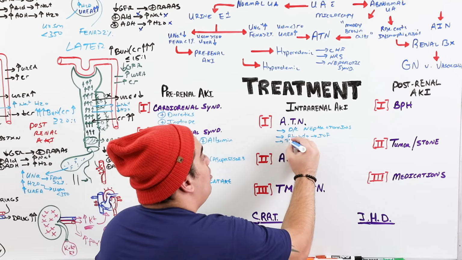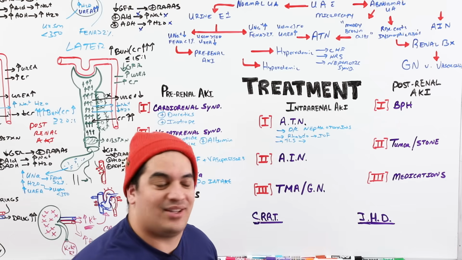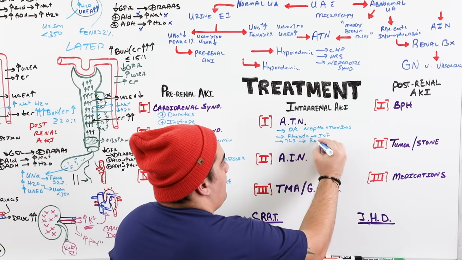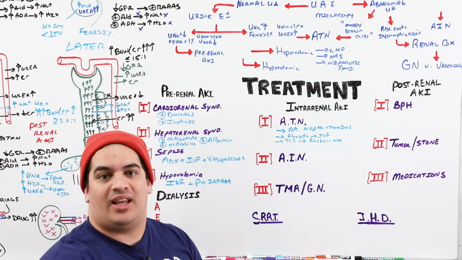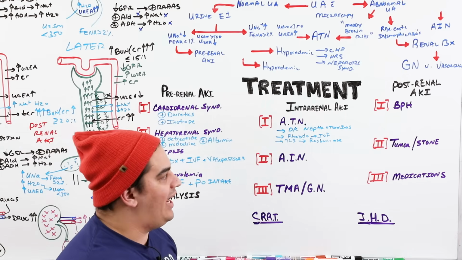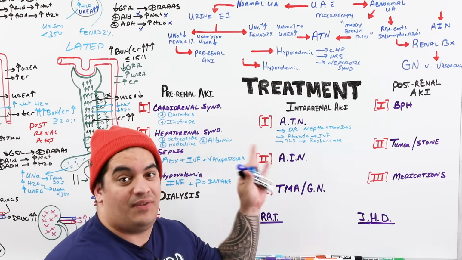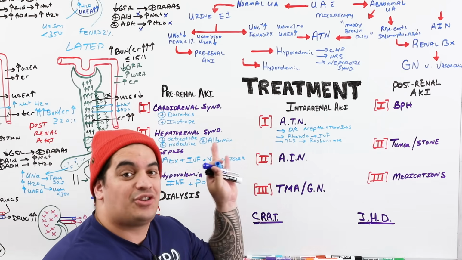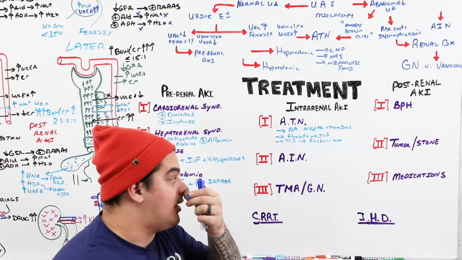For a patient with tumor lysis syndrome, what do you give them? You give them something to tie up that uric acid, rasburicase actually. And then maybe if somebody has multiple myeloma, you actually have to give them chemotherapy. So again, it's treating the underlying cause, but remember that ATN is probably one of those that if it's not treated, if it's not reversed, if you don't fix the underlying cause, it could potentially progress to a very severe renal failure that requires dialysis.